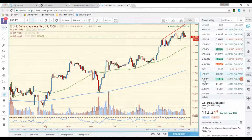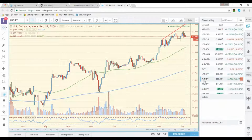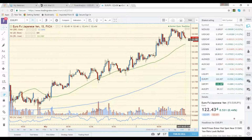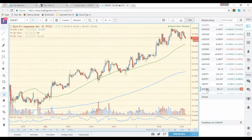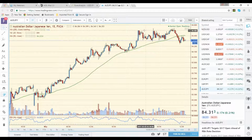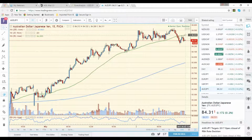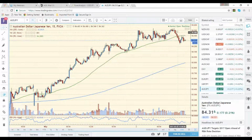Steve Olge is looking for a correction in some of the euro crosses. I think that also involves the euro yen. This high that we had last night was not confirmed. I can't rule out another push up in euro yen, but starting to look heavy. And Aussie yen's been the weak sister. It already had a 3 drive to a top formation here from last night. We're already under this moving average. Maybe we get an ABC, but if we do get a rally back towards 40, 42, probably have a pretty